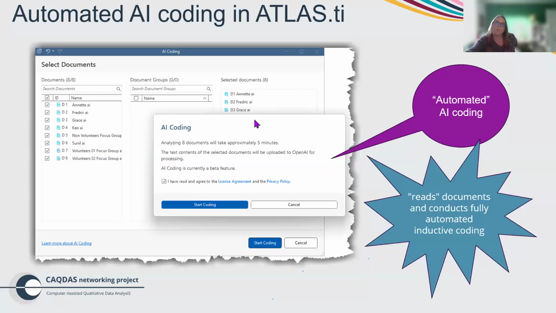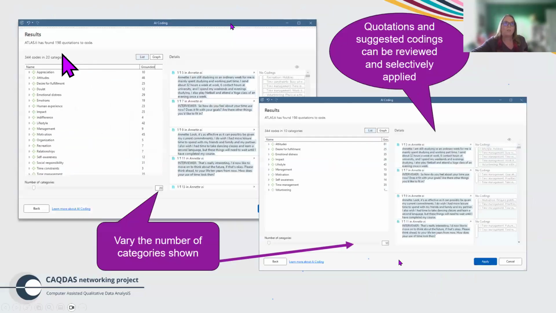Here's an example of automated AI coding from Atlas TI, where I can select as many data files as I want, and it will generate usually a lot of codes. Here it found 344 codes from that list of 8 transcripts, I think, that I then need to look through and decide whether I want.